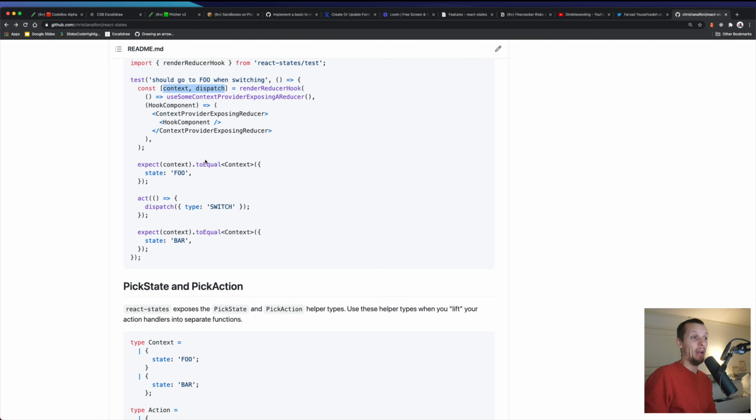And what's insanely interesting about this is that this context object is actually an object that's created when you create a test. It's not the object that's actually returned from the reducer itself that you're testing.